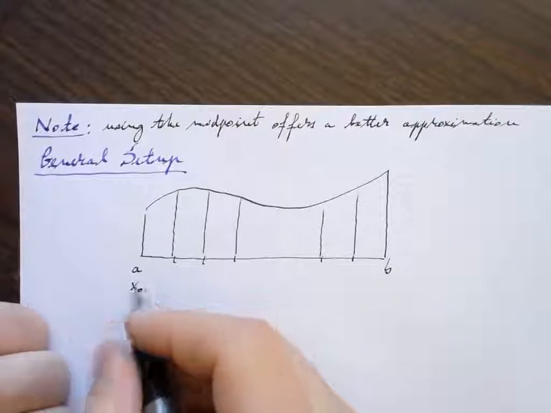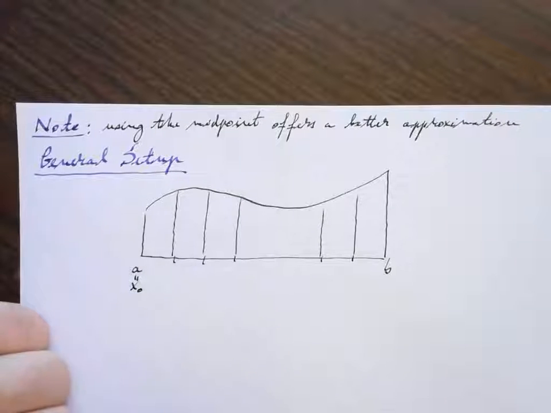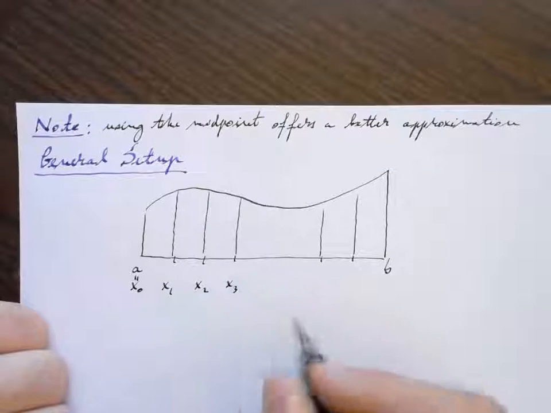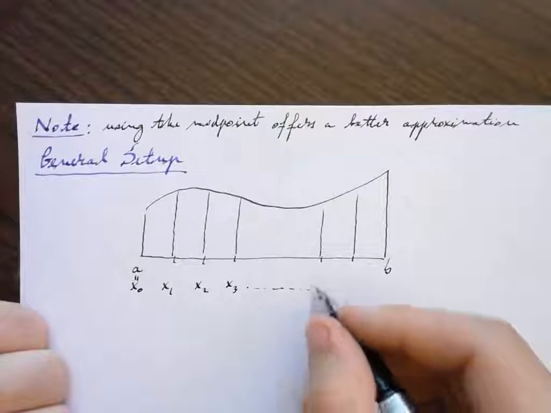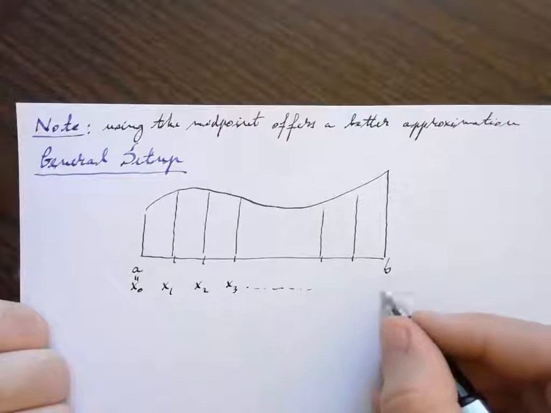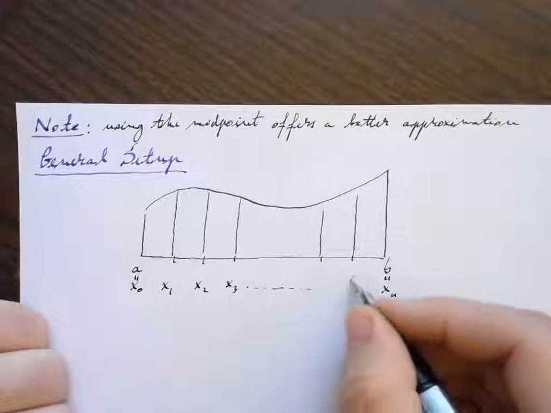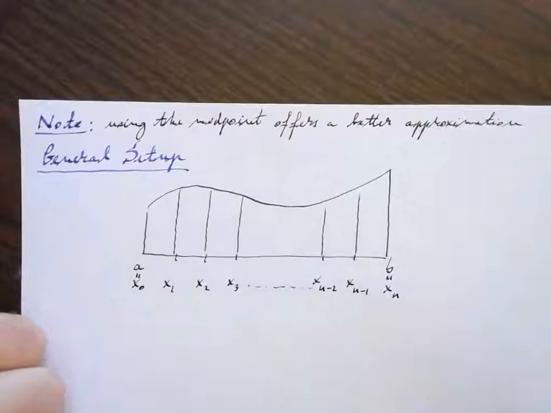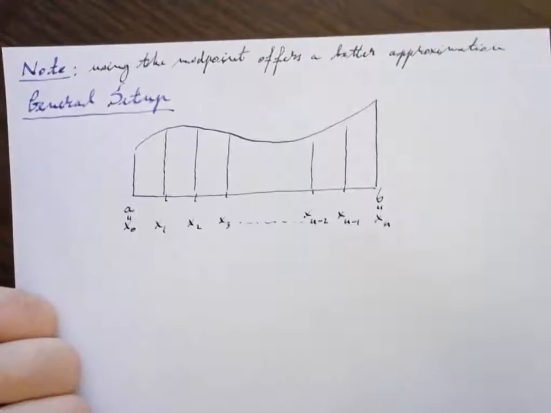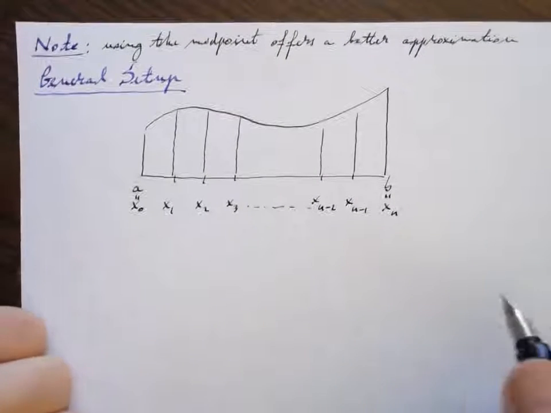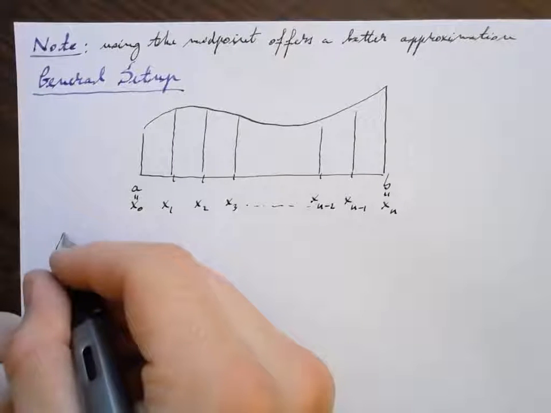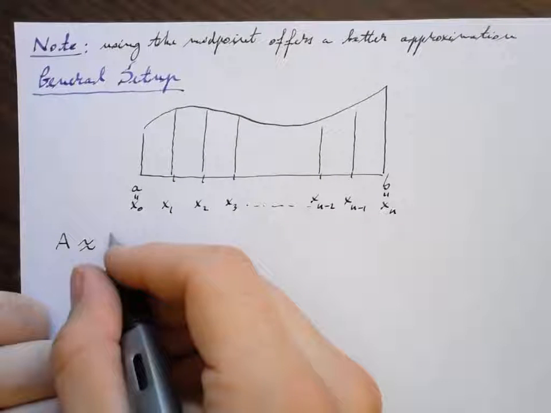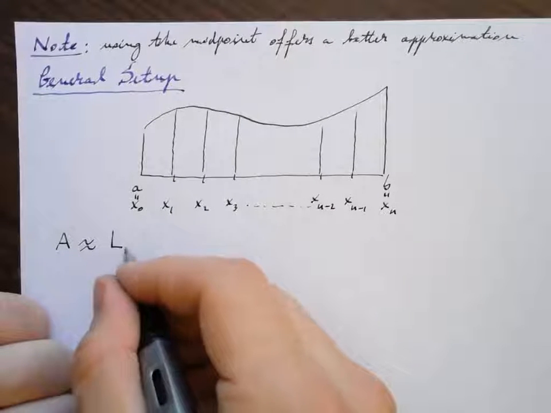So here I'm going to say this is x0, which is equal to a. Then I have x1, x2, x3, etc. B is going to correspond to x sub n. Then before that I have x sub n minus 1, x sub n minus 2, etc. Right, these are the x coordinates. And if I am looking to approximate my area, the total area is going to be approximately, well, I can use left endpoints with n